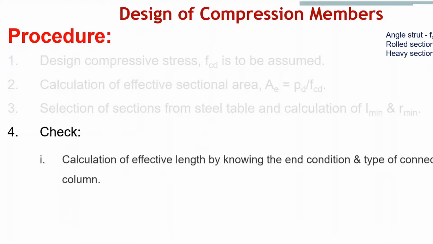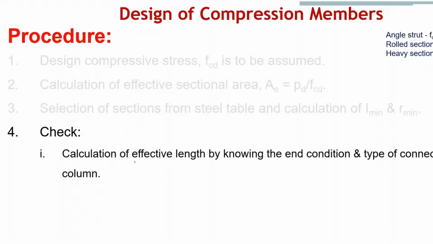What to check? First, we need to calculate the effective length by knowing the end condition of the column. Whether the column end conditions are pinned, or one end is fixed and the other end is pinned, or one end is fixed and the other end is free, depending on the various end conditions, we can calculate the effective length. Also, if the compression member is a strut, you need to know the end conditions as well. If it is a strut, then what is the effective length? Once you can calculate the effective length,